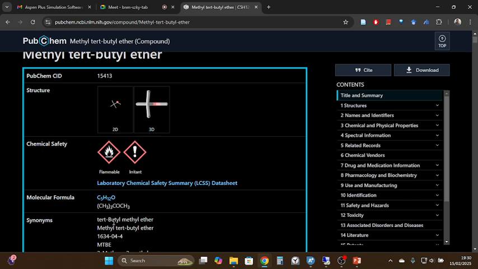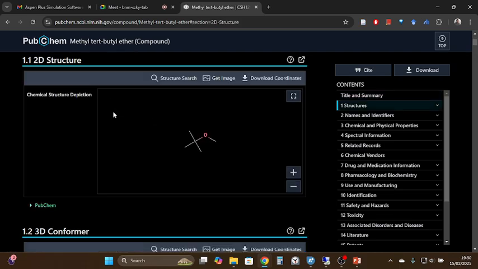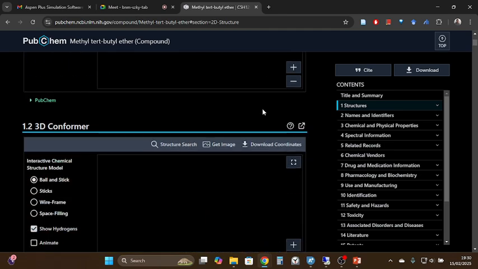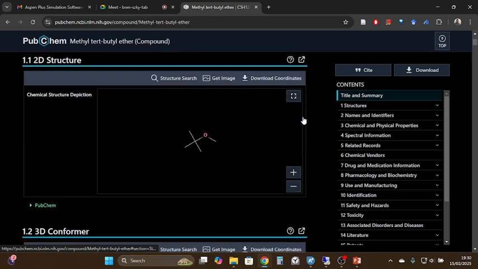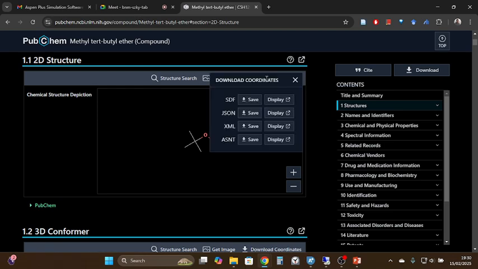If you remember correctly, this is the molecular formula which we had defined. So this is the structure. We are going to download the 2D structure. Over here you can see that you can download the structure. So if I just click on download,